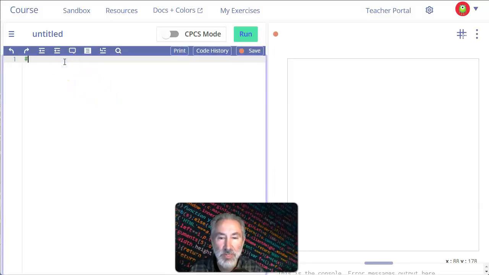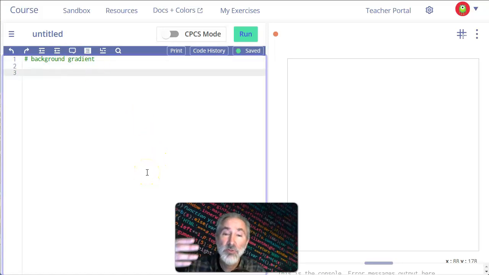This is going to be a quick, fun, and colorful exercise, I'm just going to call it background gradient. Because those are like two of the major things we'll look at, but we'll also look at the if and the elif statement. Anyways, if you guys could go ahead and add a comment, hashtag background gradient, and let's go